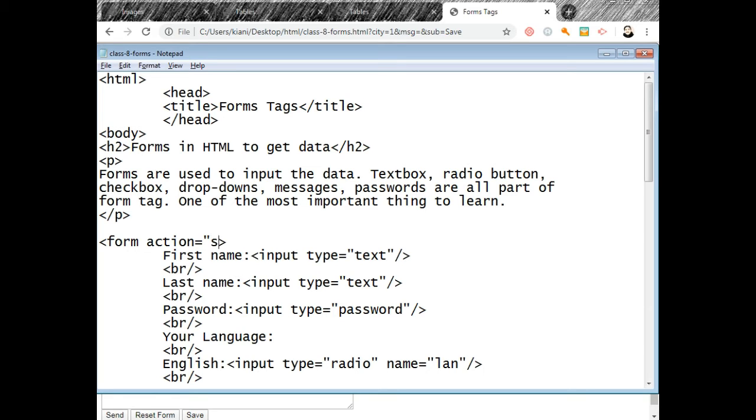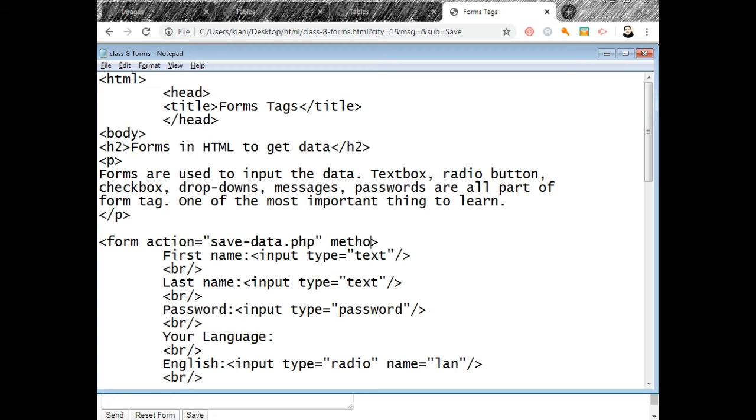For example, this is save data.php. I am sending this data to a PHP file, and PHP is a server-side language. The PHP server processes the PHP, right? And this file, save data.php, takes all this data and puts it into the database.